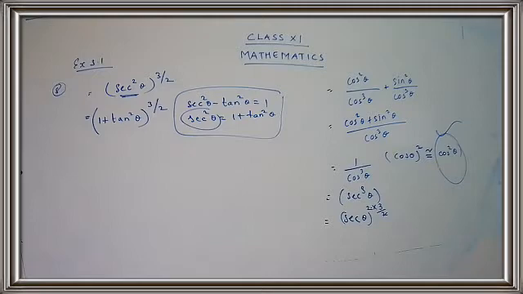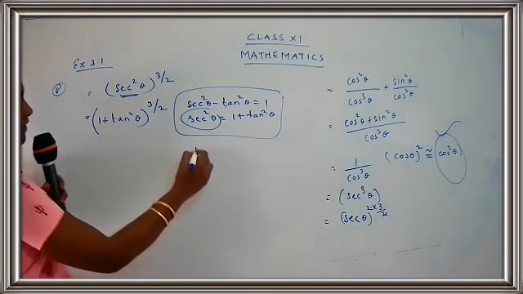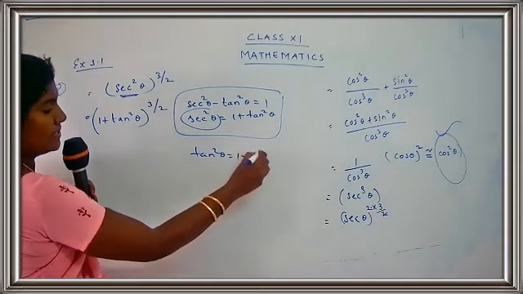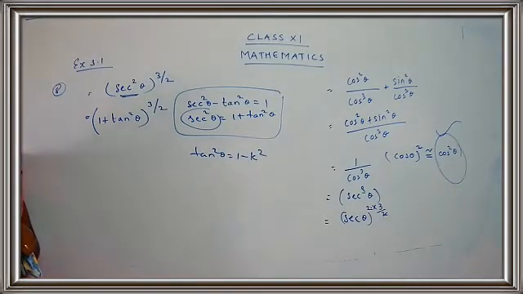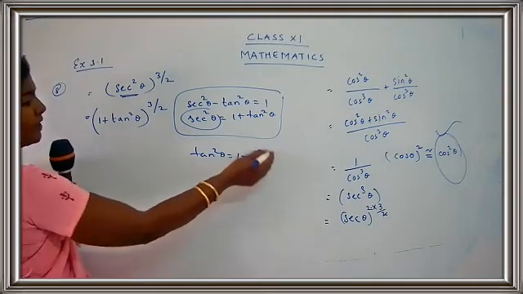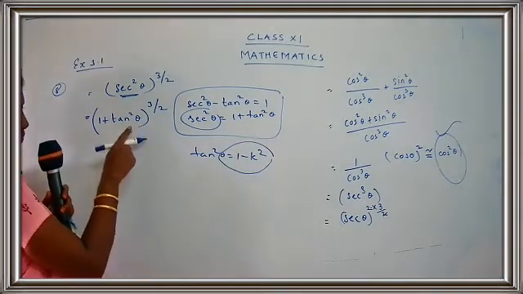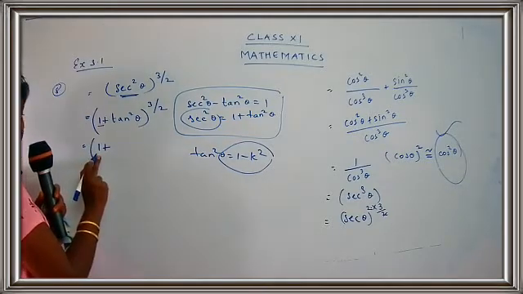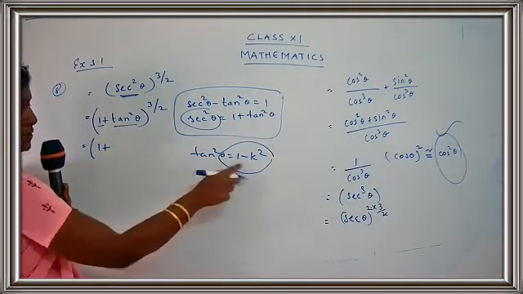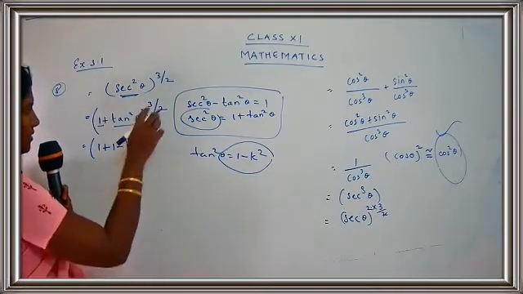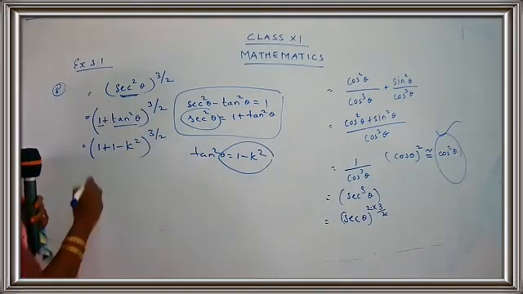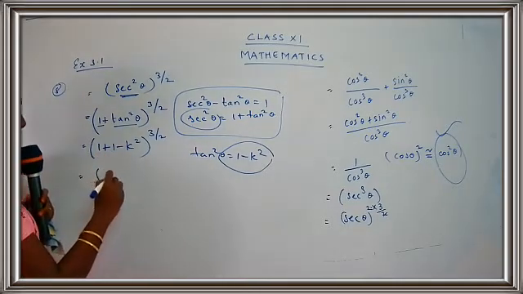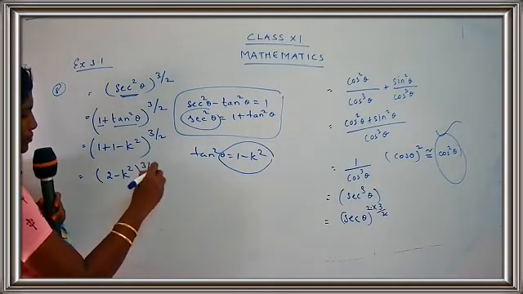Okay, now let's come to the given part. What was given to you? They have given you the value for tan square theta, yes? They have given you tan square theta as 1 minus k square. That's what was given to us. So you are just going to substitute the value for tan square theta over here. You get 1 plus, this 1 is already present, okay children? What is tan square theta? It's 1 minus k square. Put here power 3 by 2. So what is 1 plus 1? It's 2 minus k square the whole raised to 3 by 2.